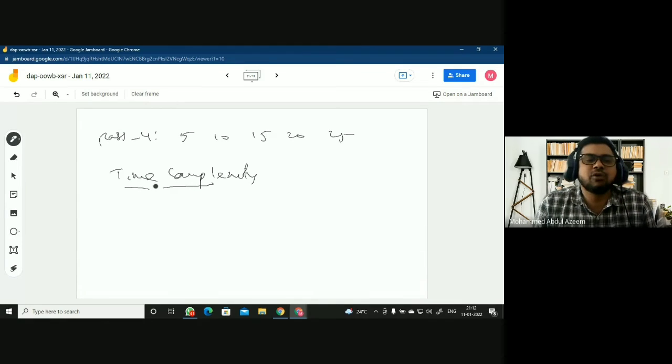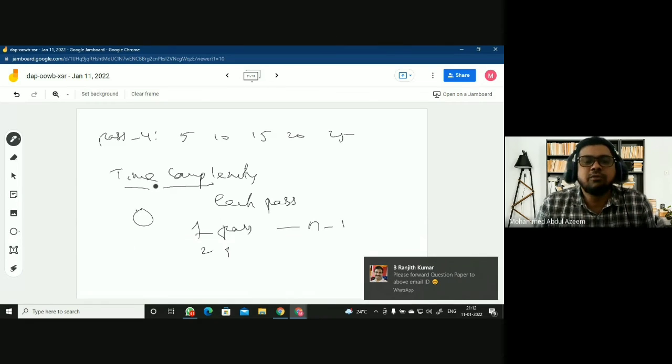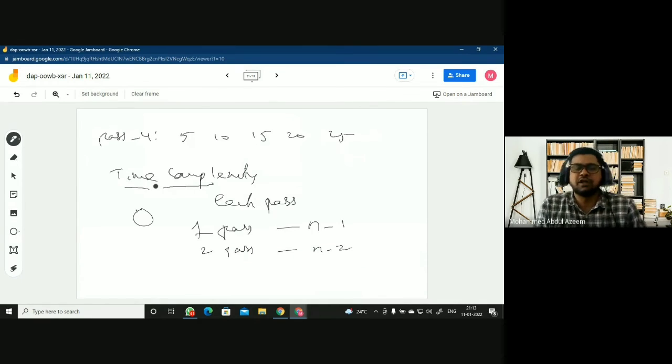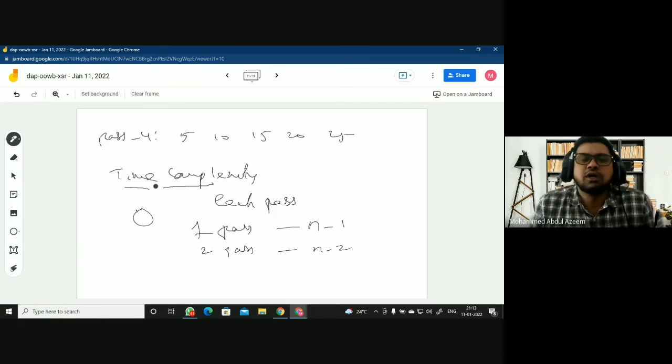So the worst case time complexity you find is, see, for each pass, how many comparisons does each pass require? The first pass requires n-1, and the next pass will be reduced further, right? When you have selected the first position, the first pass takes n-1 comparisons. For the next pass, you will be leaving the previously selected position, so the rest of the elements are going to be n-2. So for the second pass, it will be n-2, and for the third pass, it's going to be n-3, like that.